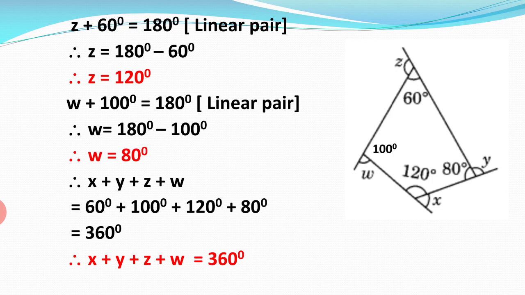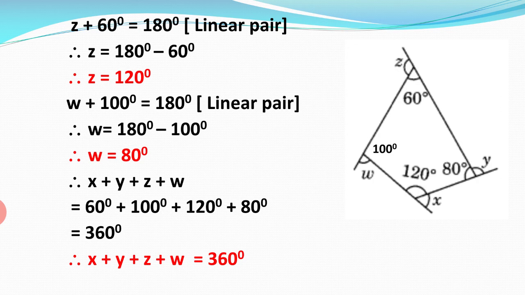What are these, x plus y plus z and x plus y plus z plus w? These are all exterior angles. Is it just a mere coincidence? So you'll say no, it is not a coincidence. Actually we are trying to understand one important property regarding exterior angles. So all these are exterior angles, and when you add the measures of exterior angles, you always get 360 degree.